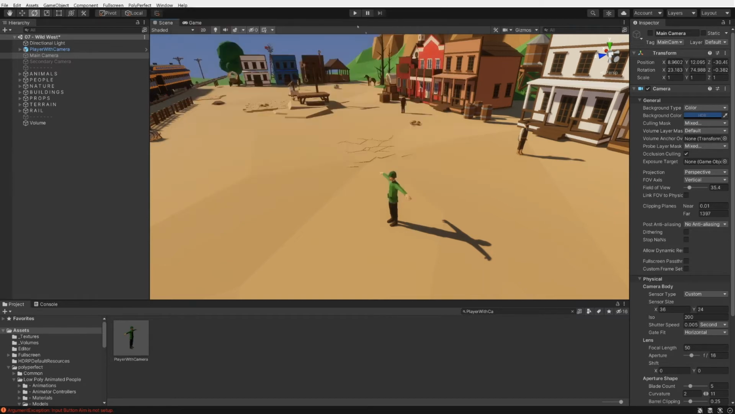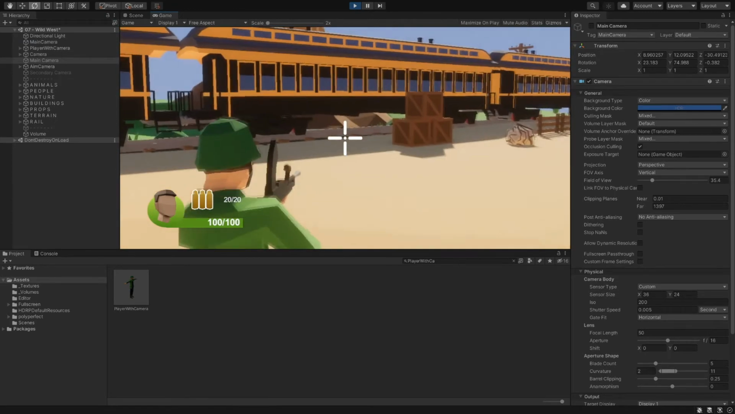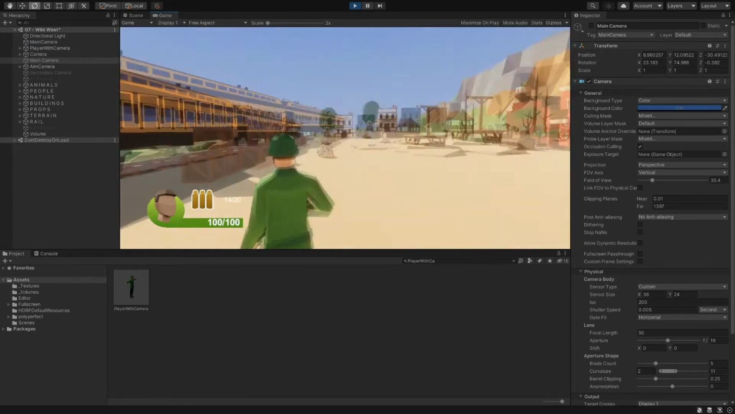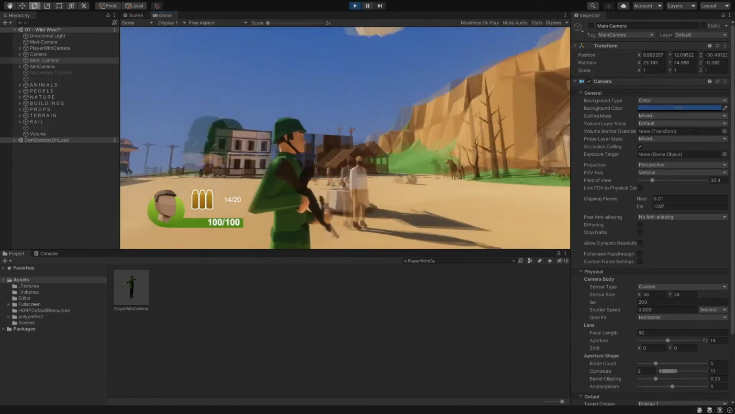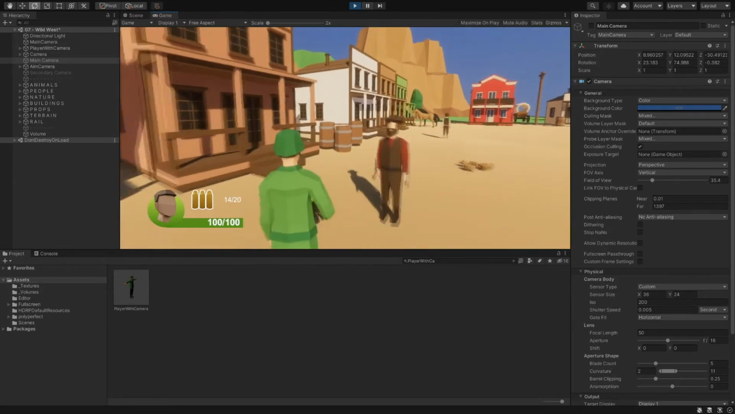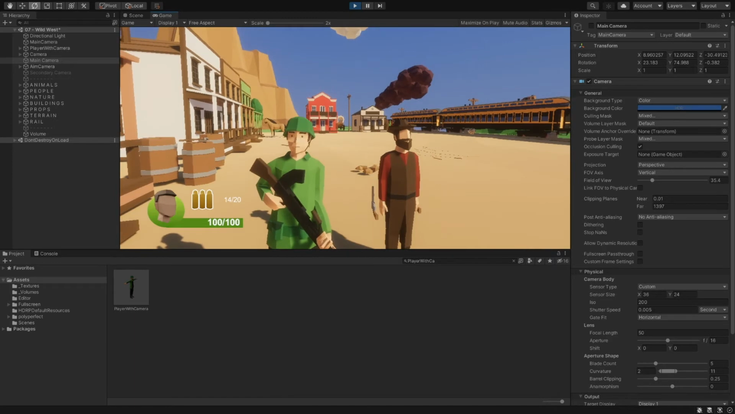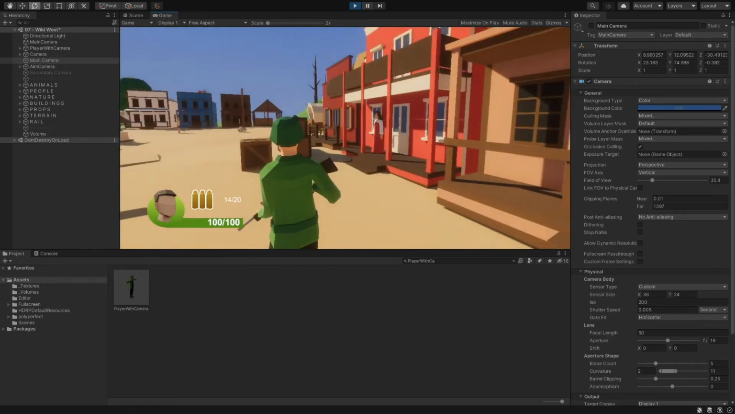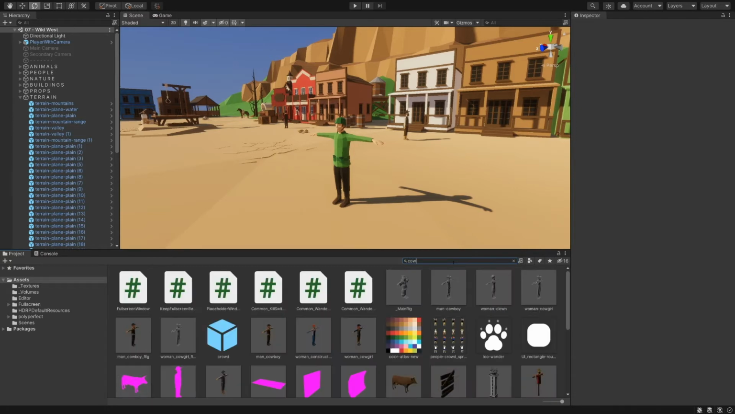But with that, we should be able to hit play. And now we can walk around, aim, and shoot. Run and jump. However, this character does seem a little out of place compared to the locals. So I think the next order of business will be to swap out our character for one that is not so anachronistic. I think the character I'm going to go with is the cowboy from the low poly animated people